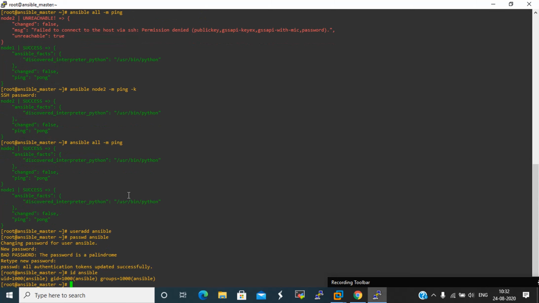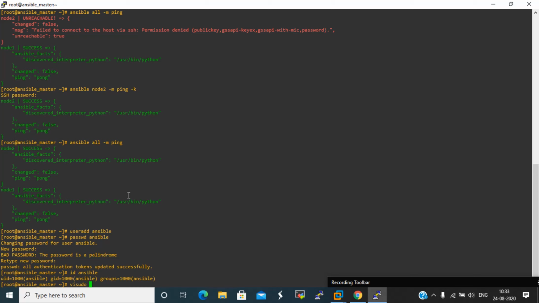Now we will make a sudo file entry. It is not recommended to directly edit the sudoers file. There is a command, visudo, which we will use for editing the sudoers file.